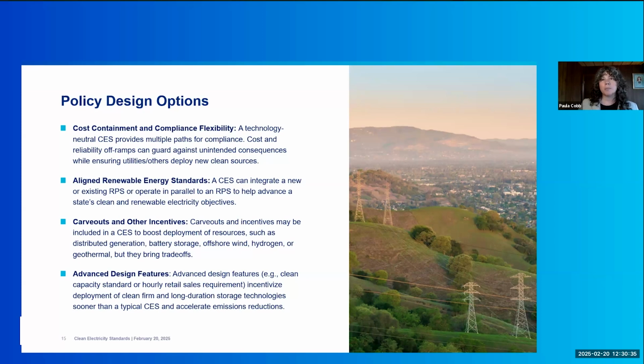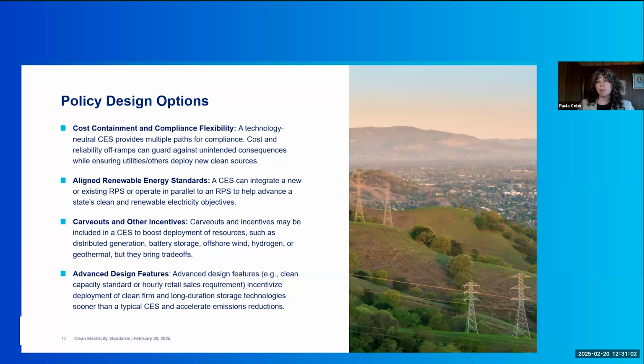So that can be something like new nuclear, advanced nuclear. It could be fusion technologies, super hot rock, like Jeremy mentioned. And so this is one way that a state can recognize those specific resources and say, okay, we want to incentivize those in our particular region because they matter for economic reasons, emission reasons, innovative reasons, whatever the state's particular reason might be. But these kinds of carve-outs and incentives do bring trade-offs.